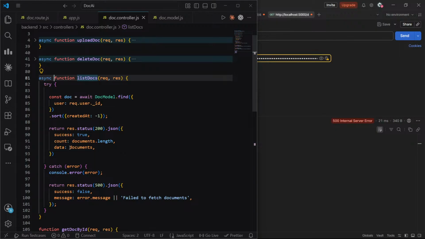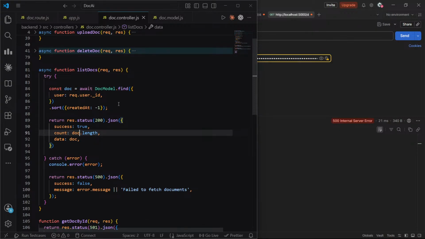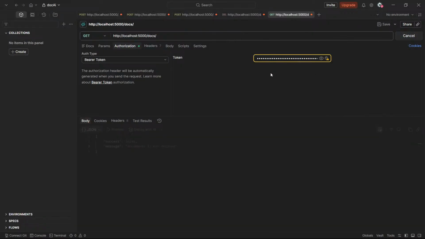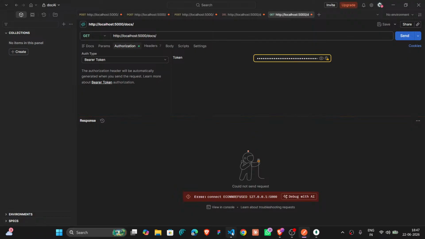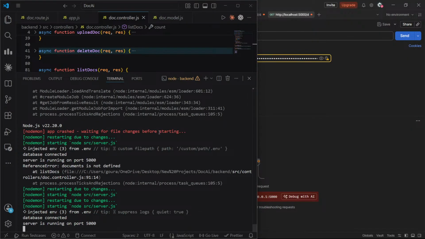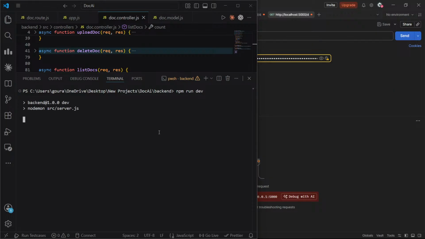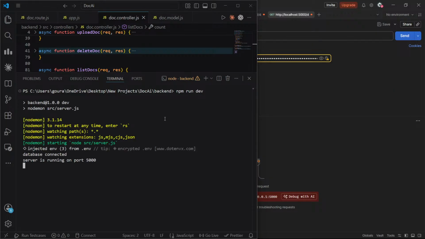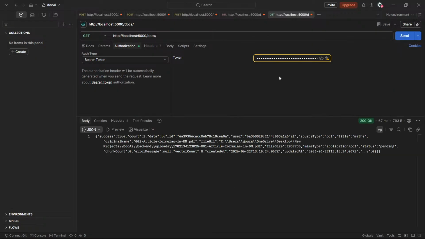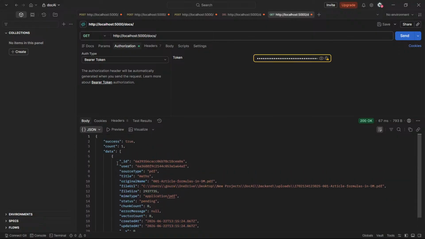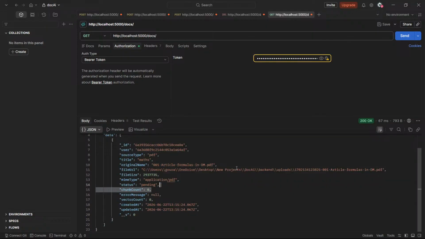Okay, I think I have written docs, so here it will be docs, here also docs, and I think now it's correct. Server error. Control C, clear, start the server again, and then if we send, success. Okay, I got the data. So this is correct now.